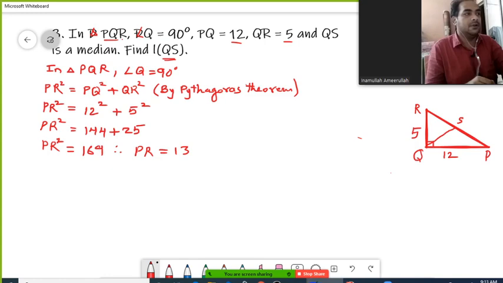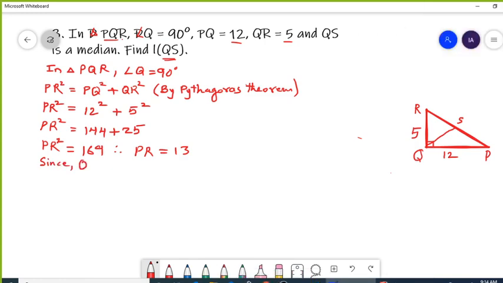So QS is the median which we need to calculate, and here we can say, since QS